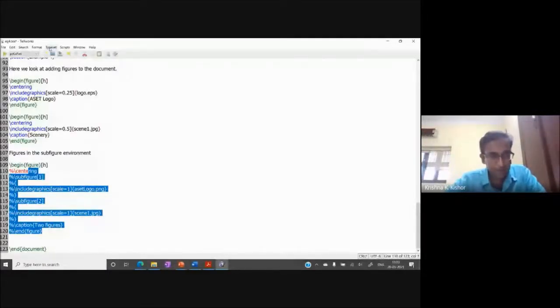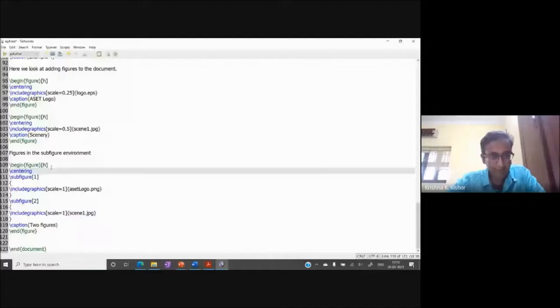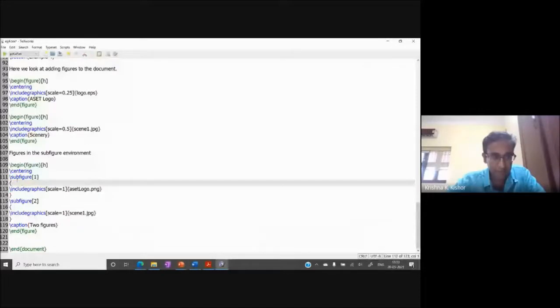So I have the begin figure. Again, just like before, I'm taking the figure environment, I'm going to place it here, I want it in the center of the page, and I have my first subfigure. For the first subfigure, the command is \subfigure. In square brackets, I give the caption of that subfigure, and then within the curly brackets, I give includegraphics, and again the same 2 options.